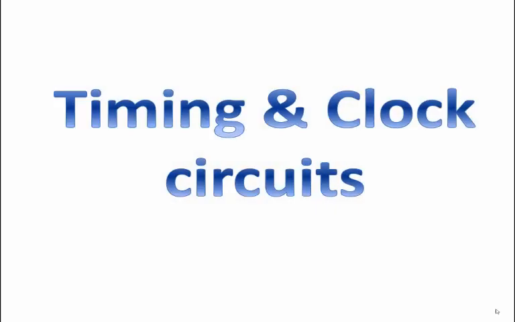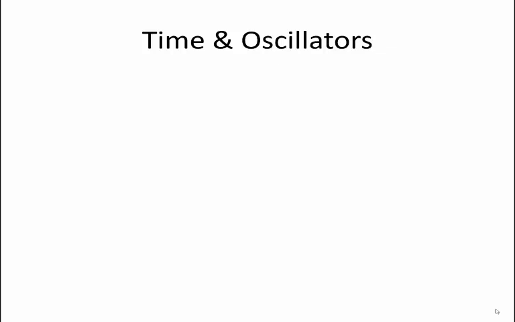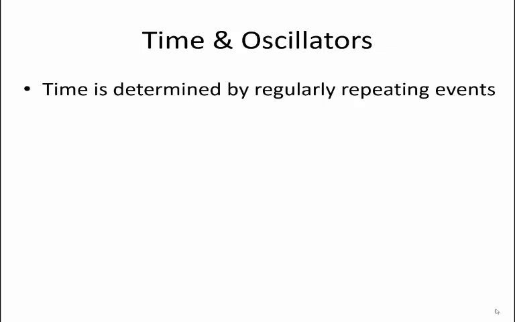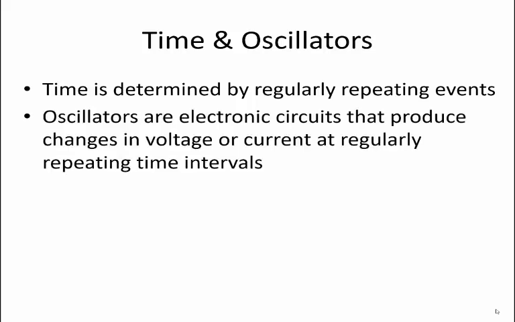Hello, this lesson in electronics is about timing and clock circuits. Time is really determined by any regularly repeating event. If you think about it, whether it's the sun that rises each morning and goes down each night, or the positions of the stars and constellations that come back to the same place year after year, so we know the length of a year. So in electronics, oscillators are circuits that produce changes in voltage or current at regularly repeating time